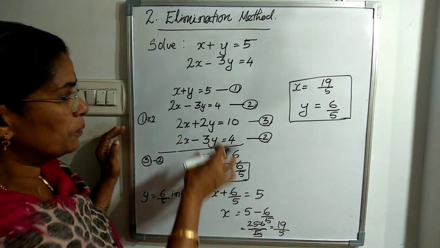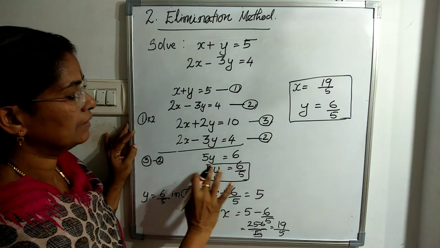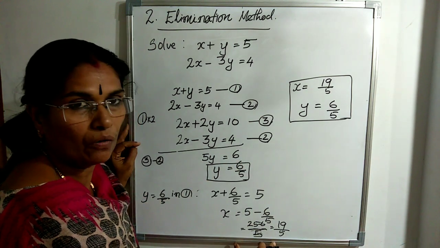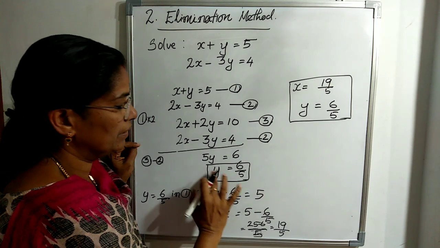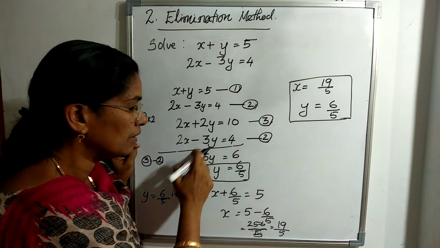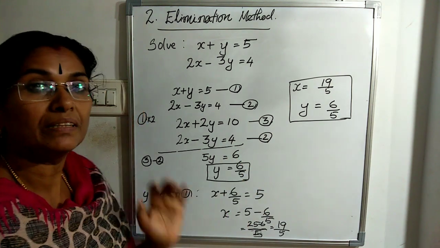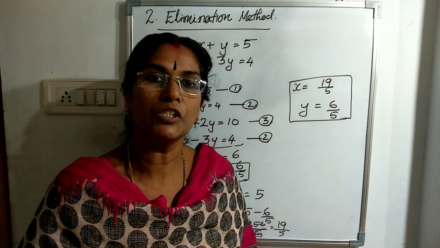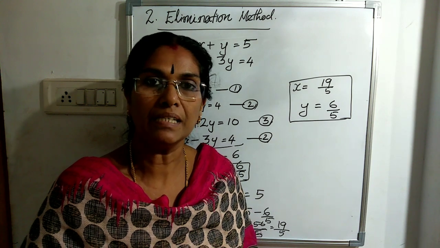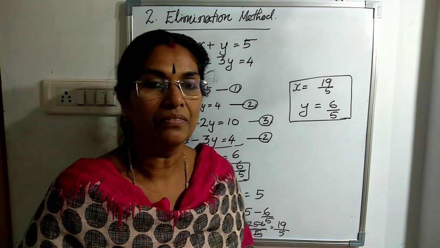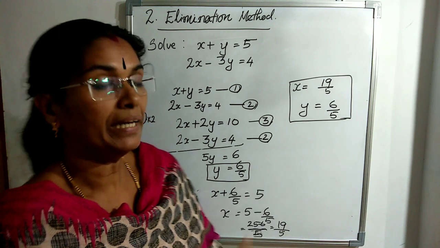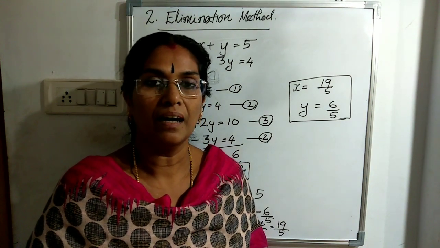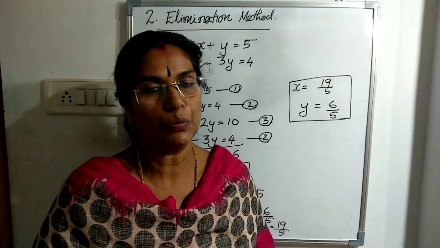One more time I am explaining this. After subtracting, we get a linear equation, which means we can solve and find the values of x and y. If this step gives a false statement without a variable, then there is no solution; it is inconsistent. If it gives a true statement without a variable, then we say it has infinitely many solutions.